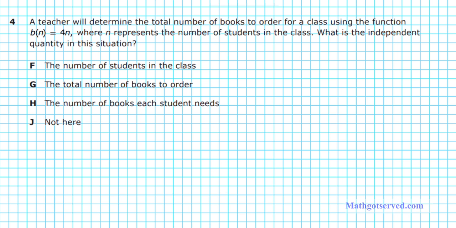All right, let's take a look at question 4. It says a teacher will determine the total number of books to order for a class using the function b of n equals 4n, where n represents the number of students in the class. What is the independent quantity in this solution? So you remember